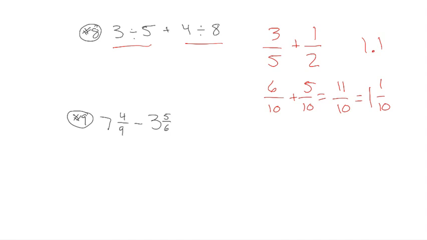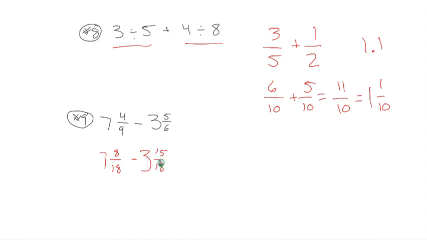Number 9, 7 4/9 minus 3 5/6. We had a fair number of errors on this one as well. A number of people got it right too. With 6 and 9, that gives us a convenient common denominator of 18ths. And if you turn that into 18ths, you get 7 and 8/18 minus 3 and